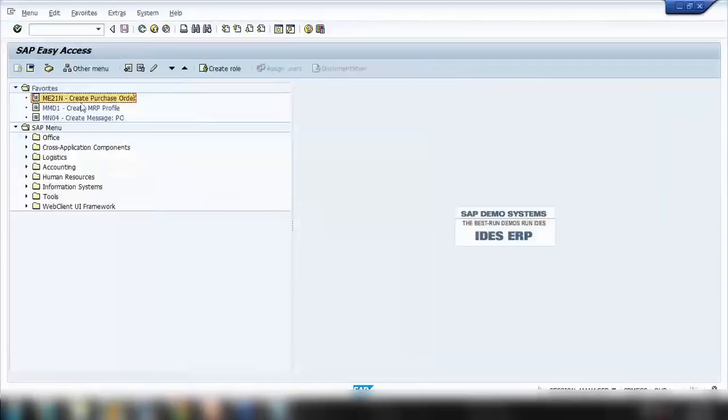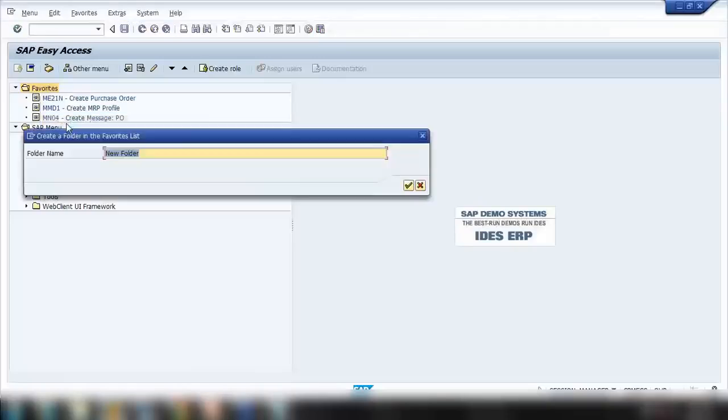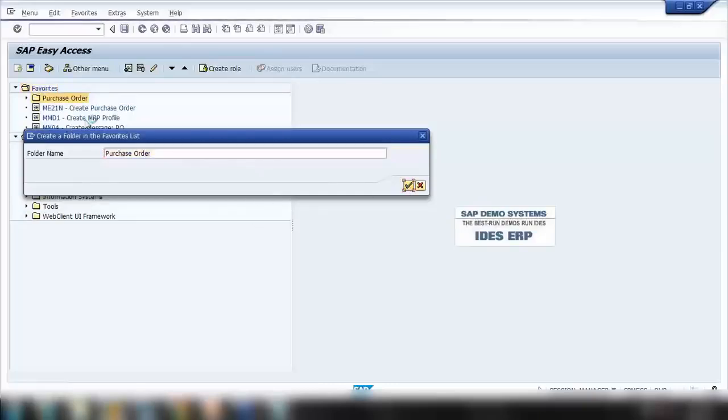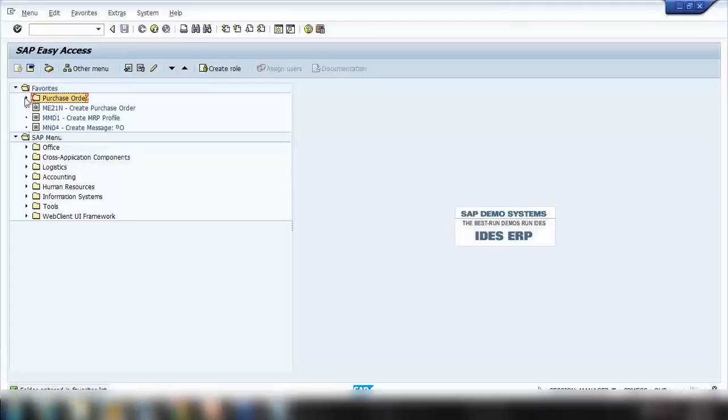Okay. Or other thing you can do is you can also create some folders under favorite. Okay, under favorite, if I right click on it, if I click on insert folder and here give it the folder name, say purchase orders. So here you can see the folder. Okay, and under folder you can insert some transaction. For example, this one I can insert here. I can drag and drop as well. See,